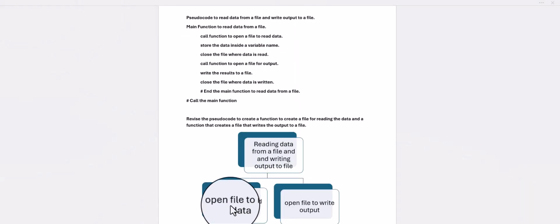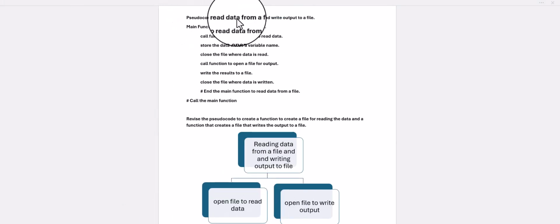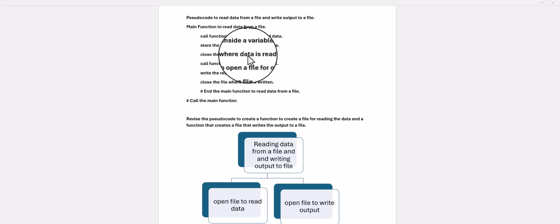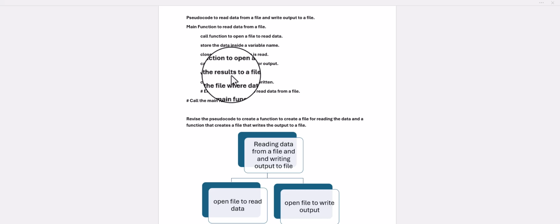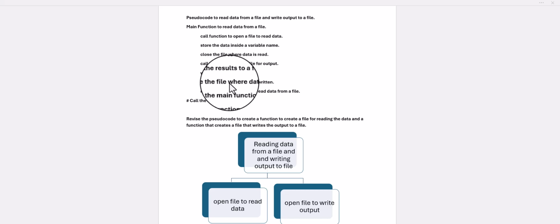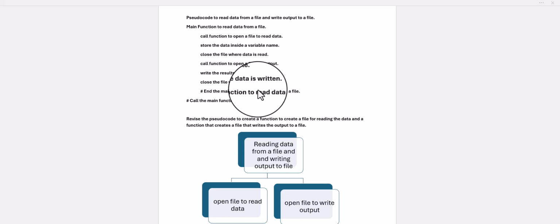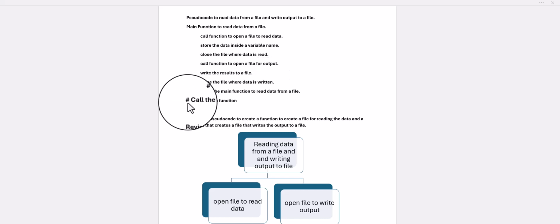And because we are creating some new subtasks in our pseudocode to read data from a file and write output to a file, in the main function to read the data from the file, we're going to call the function to open a file to read the data, store the data, close that file where the data was read, call a function to open a file for output, and we will write the results to a file, close the file, etc. Now, what's going to be different here is that right below here,